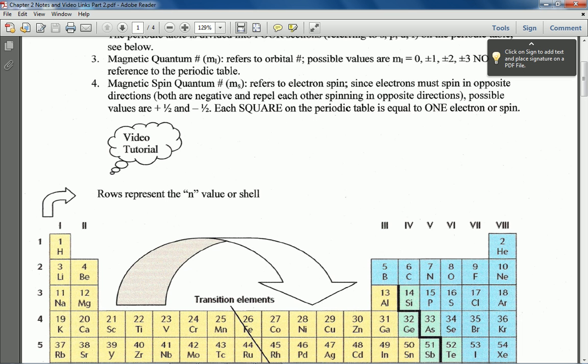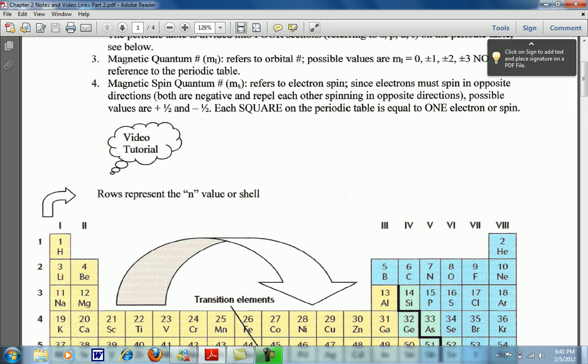Simple as that. Now, what this references on the periodic table is a square, meaning one electron value. One square on the periodic table is one electron spin. So that means looking down here to, let's say, helium number 2 versus lithium number 3 versus beryllium number 4, you can see they just differ by a value of 1 square, or 1 electron. And so each space on the periodic table that you move from lithium to beryllium to number 5 boron to 6 carbon to 7 nitrogen and so on, that will actually be 1 electron, or 1 electron spin. So let's take a further look at this